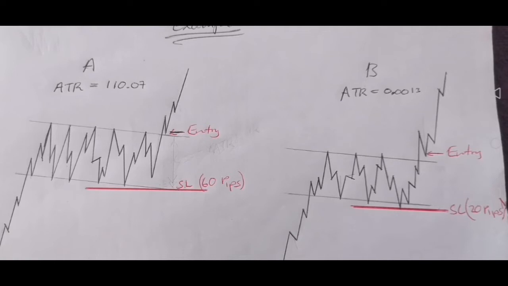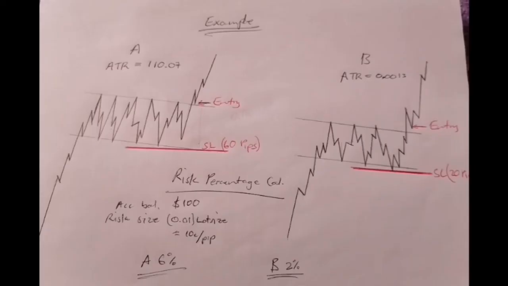So on example B, you are going to have a very tight stop loss, but you are trading the same shape on different currency pairs. You are going to have a very tight stop loss, and if you have a tight stop loss, it means you'll be risking less. Now, if, for example, you have a $100 account balance and you are entering trade A with